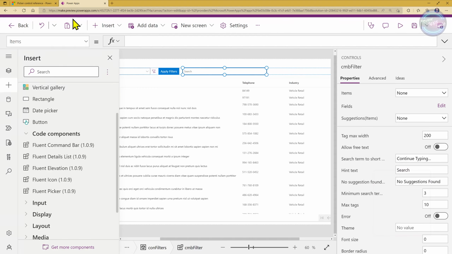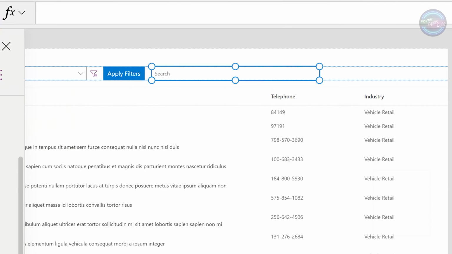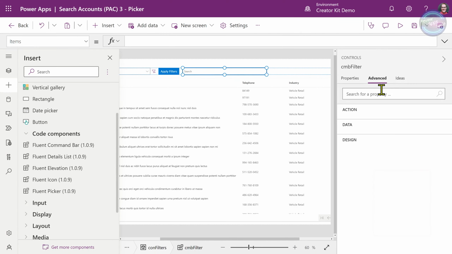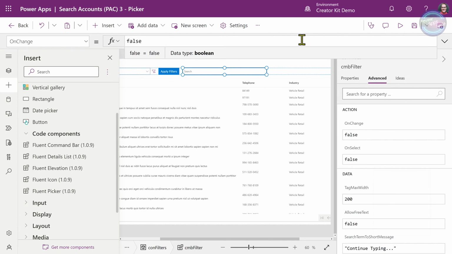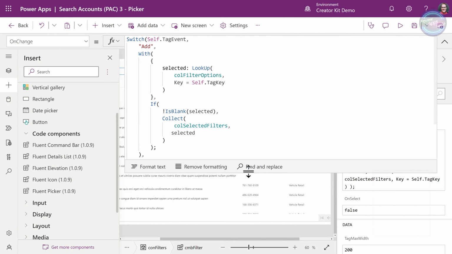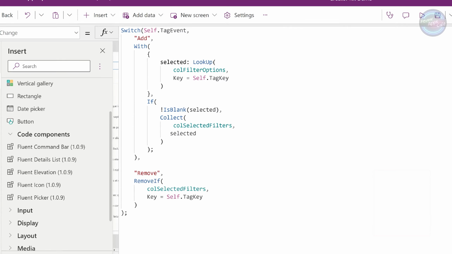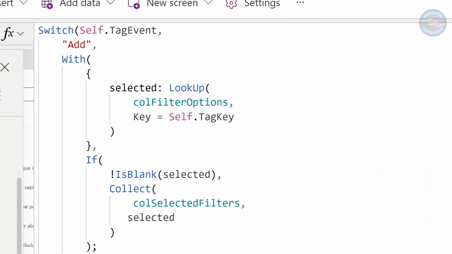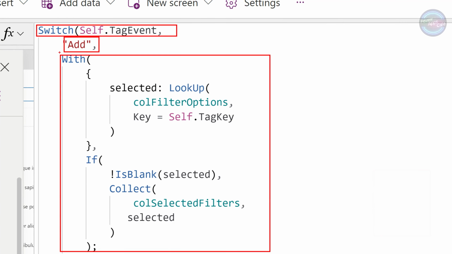Here's our picker there. If we come over into the picker advanced area, go to the onChange and select this. Let's take a look at what this does. Firstly, there's a switch statement on the event. If it's add, then it's going to use a with statement to get this selected item.